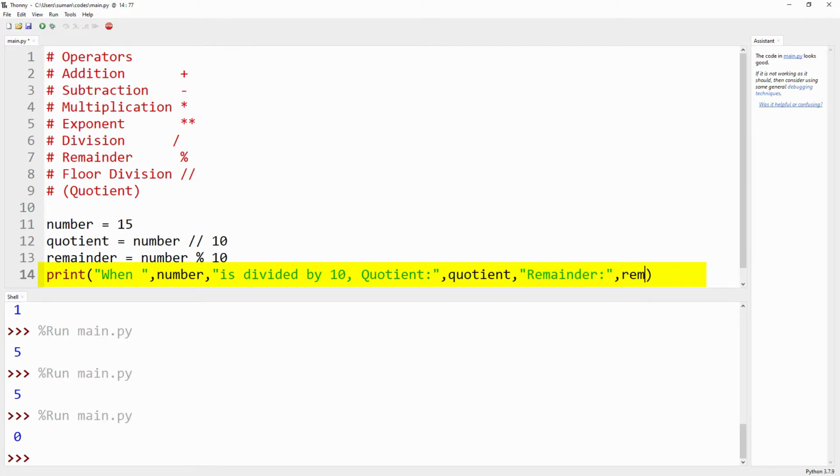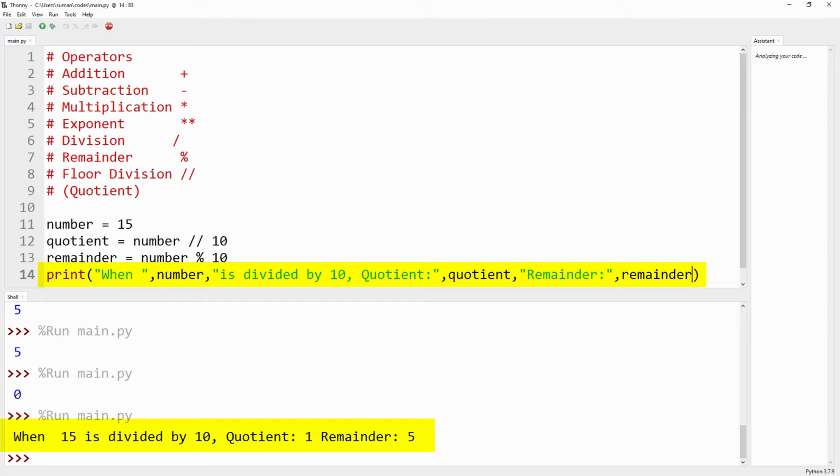The variable name, remainder. Let's check the code once again. When 15 is divided by 10, the quotient is 1 and the remainder is 5.